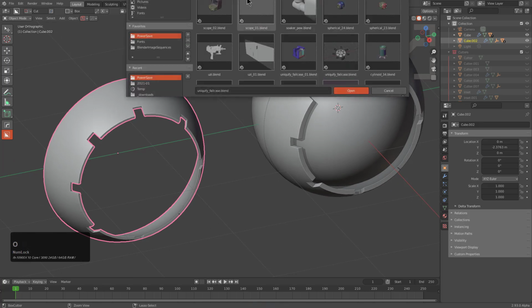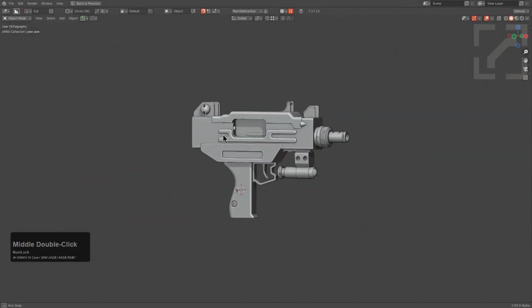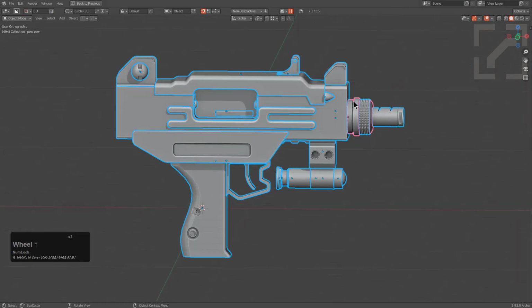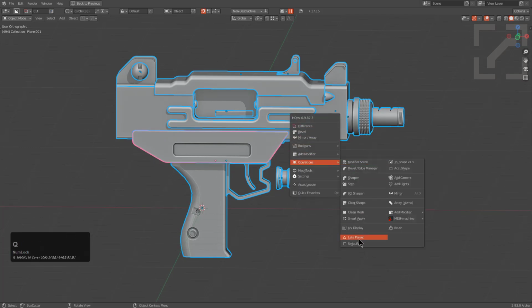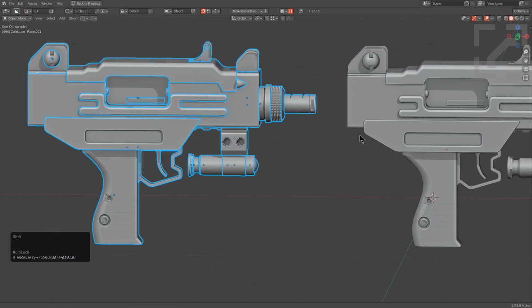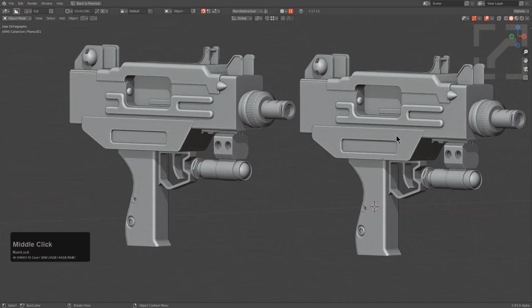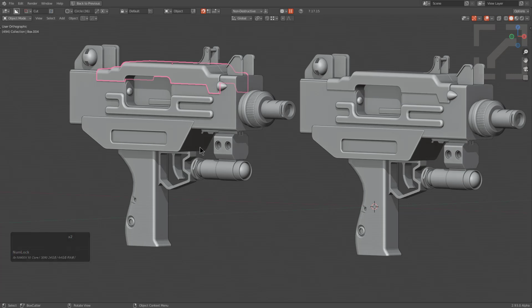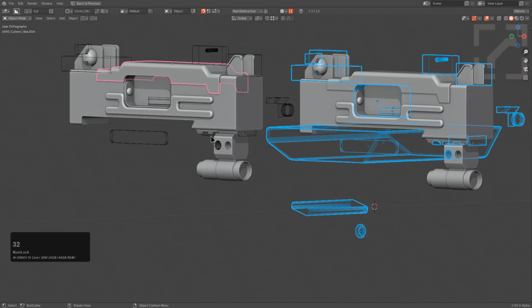In fact, the final test case that I had was this gun, and the way that I tested it was I just grabbed all the pieces. Some of them are built with boolean, some of them are just regular meshes, and we just go under operations and we shift click Uniquify and we move it over on the X, and we see that we now have this version that is still non-destructive and dynamic. However, we also have this version that is also non-destructive and dynamic and still has all the associated cutters that are related to it. So if we press Alt H and we look at, let's see,